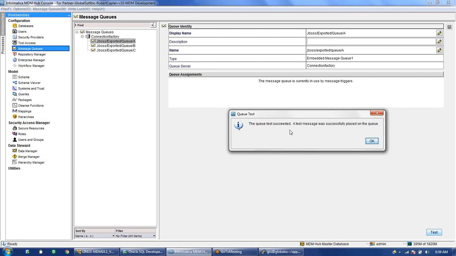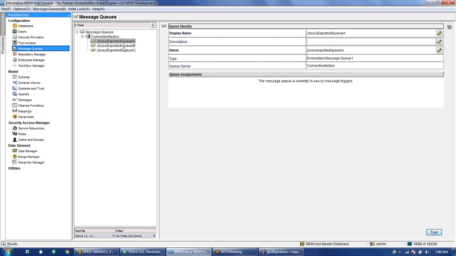We can create a queue with the name of the source system also, like in the training we are using the CRM system and the sales system. So we can say queue/CRM, queue/sales, just to know that I am sending it to the CRM system or to the sales system, just for a better understanding. Once this is done, now we have to go to the ORS level. That's the next level.